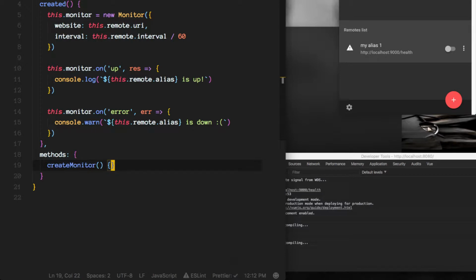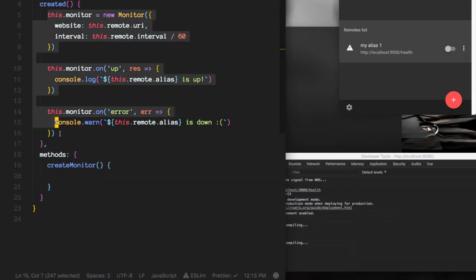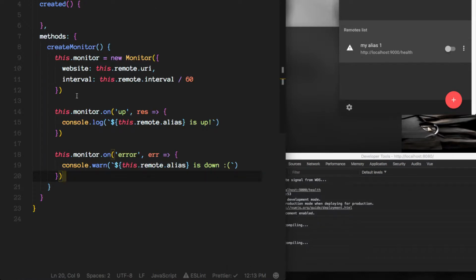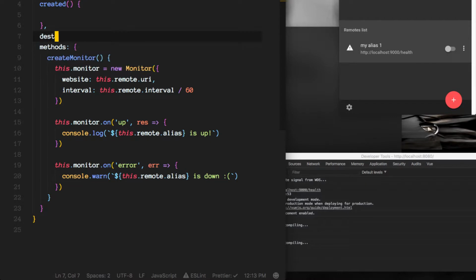And this is going to be the create monitor method. So let's take this logic here and we'll keep the event listeners in there like so. We want also to have a destroyed lifecycle hook here,